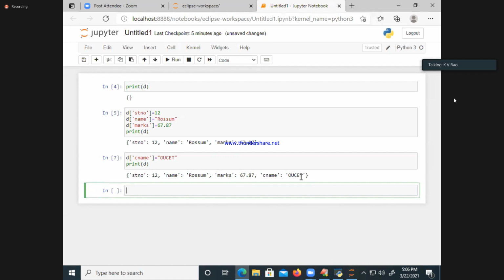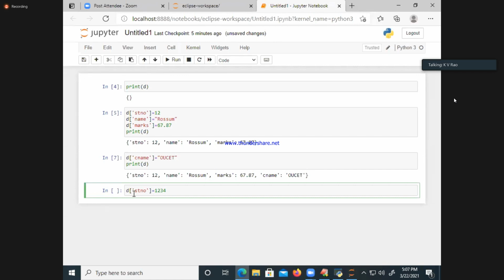Now, can I modify the value? I want to change my roll number. D of stno within single quotes is equal to 1234. How does it work? If stno is already present in D, the existing value is replaced with the new value 1234.